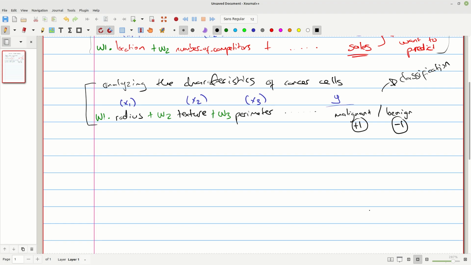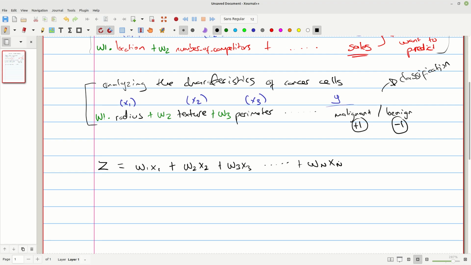So in general, for us to make our prediction, we can define Z to be equal to W1 x1 plus W2 x2 plus W3 x3 all the way up to Wn xn, right?